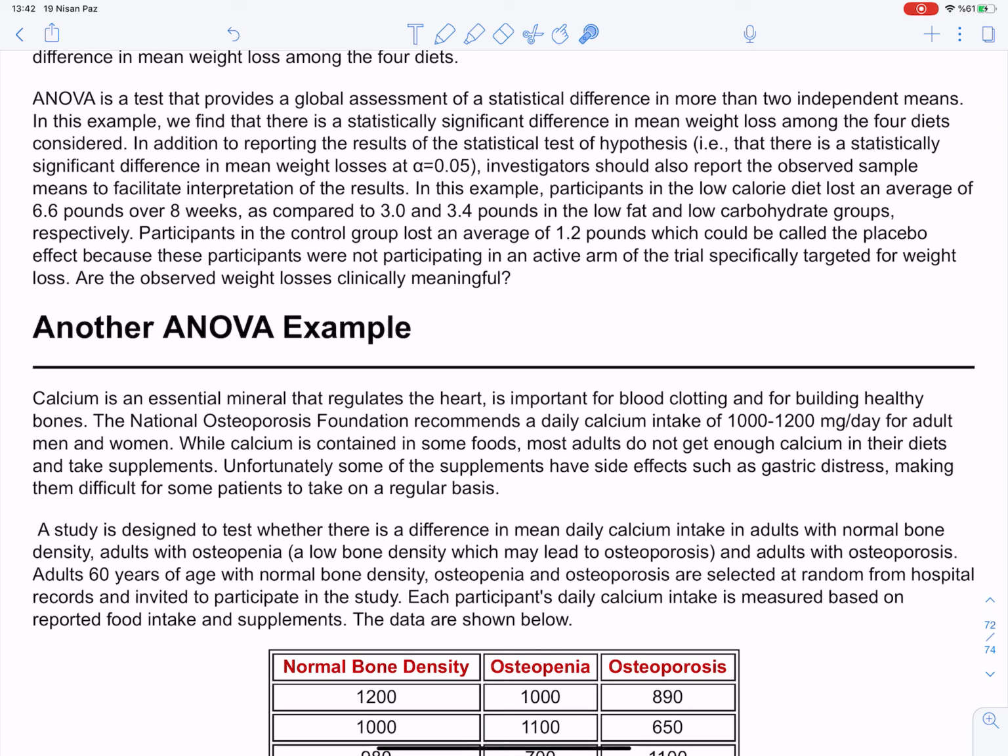The National Osteoporosis Foundation recommends a daily calcium intake of 1000 or 1200 milligrams a day for adult men and women. While calcium is contained in some foods, most adults do not get enough calcium in their diets and take supplements. Unfortunately, some of these supplements have side effects such as gastric distress, making them difficult for some patients to take